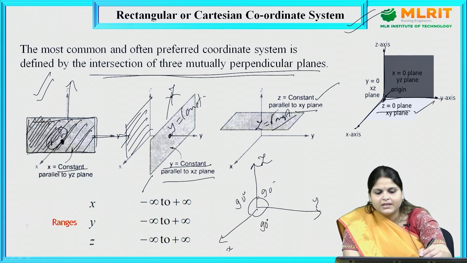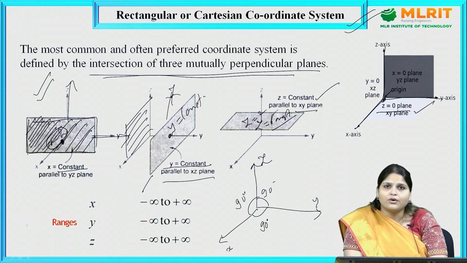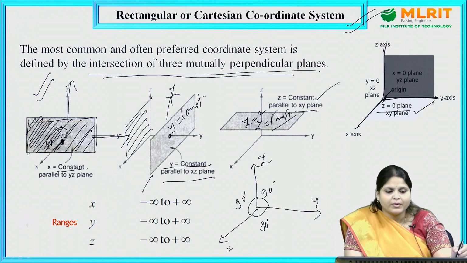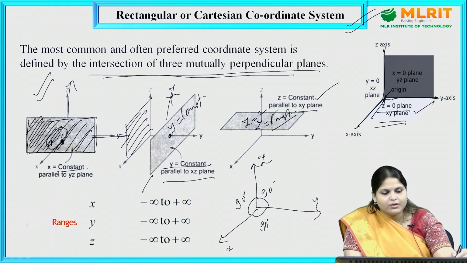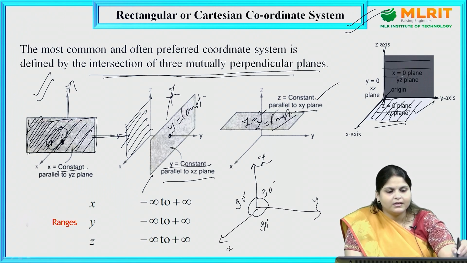Here if you see z may be equal to 2, so that is also called z constant plane. Here z equals 0, still it will be called z constant plane because z would be constant and there would be variation in x and y direction. So this plane is called z constant plane, this one is called x constant plane, and this one is called